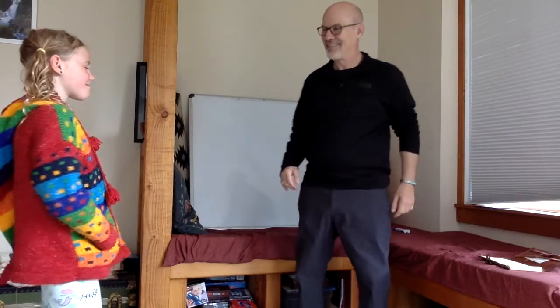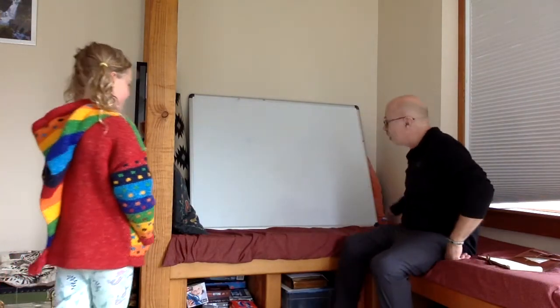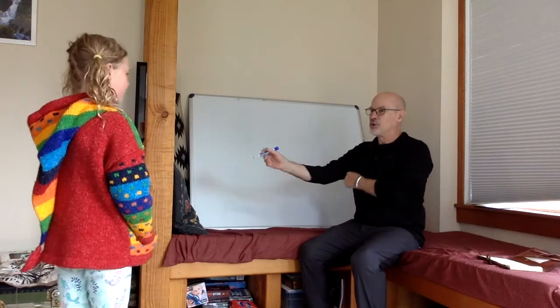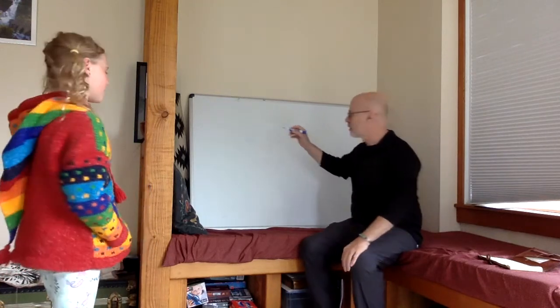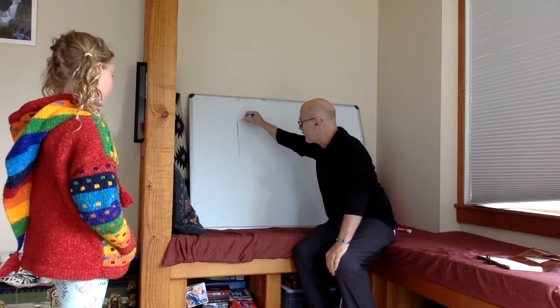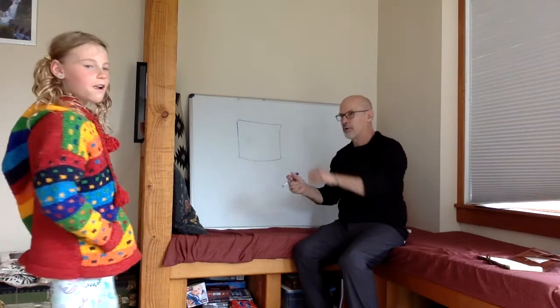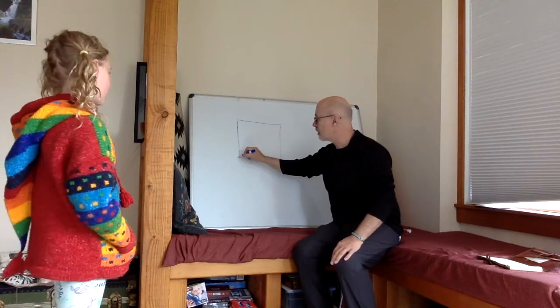Okay. So, I'm going to show you how to look at that story with something called a visual portrait of a story. So watch this. First, I draw something that looks like a piece of paper held sideways. And they go like this.